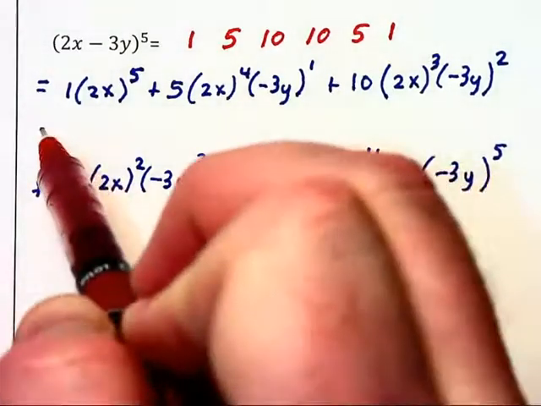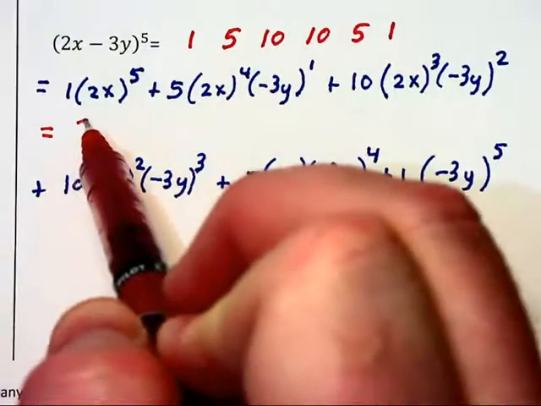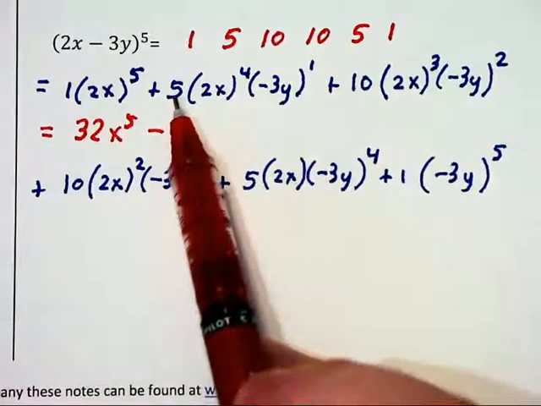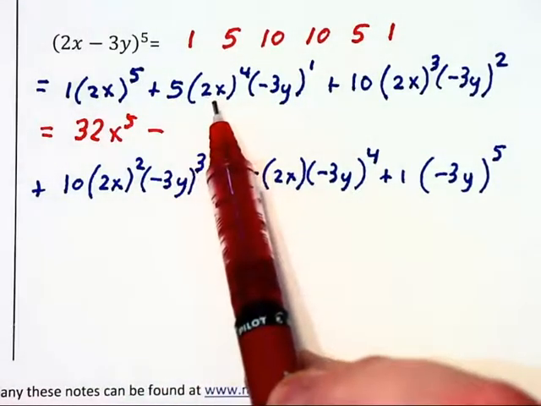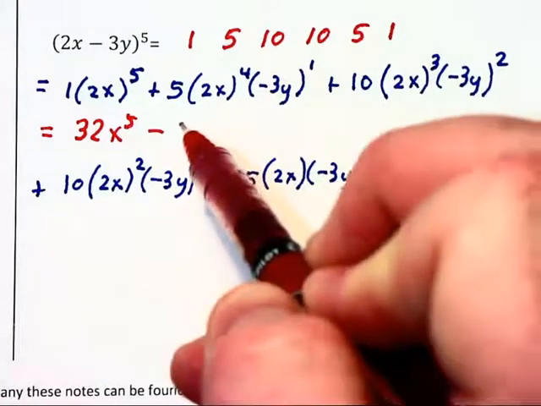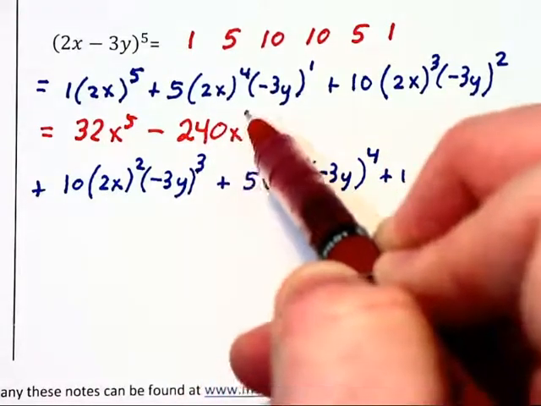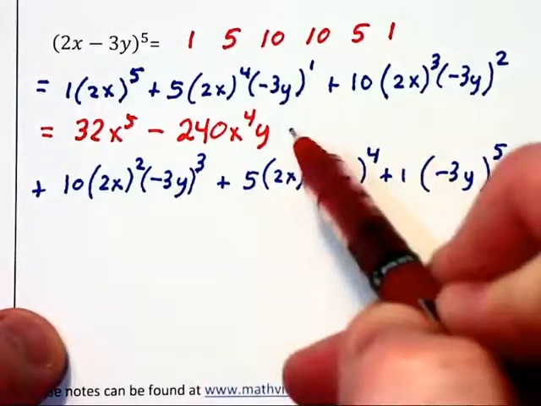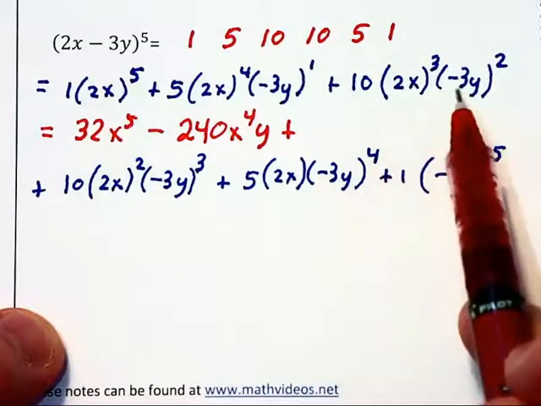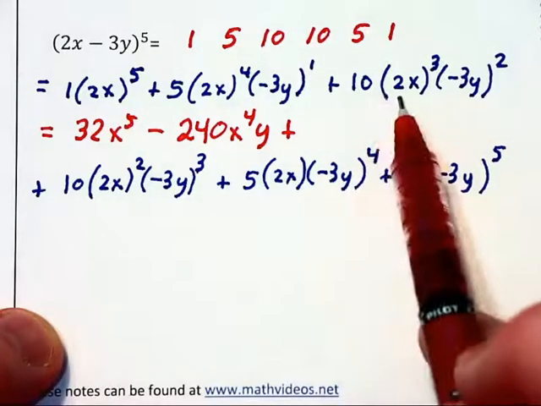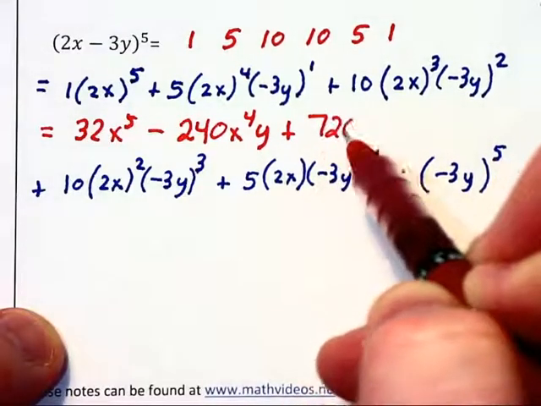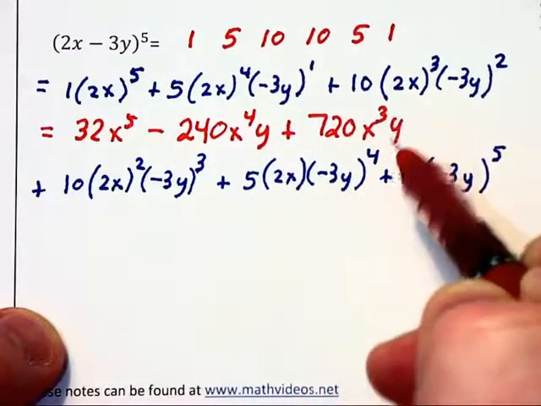This is going to equal, in red, 2 to the fifth, which is 32, times x to the fifth, minus, we will have 5 times 2 to the fourth, which is 16. 5 times 16 is 80, times negative 3 is negative 240, x to the fourth y, plus, this will become 10 times 2 cubed times negative 3 squared. 10 times 8 is 80, times 9 is 720, x to the third, y to the second,